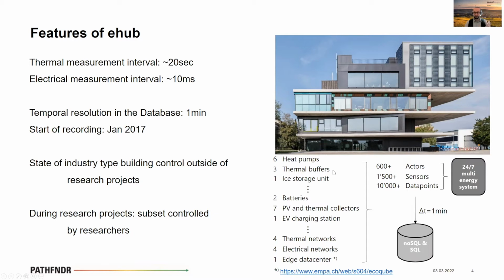Currently, there are a couple of thermal technologies, electrical technologies, also interlinking technologies in there, also networks, and the latest addition from the district energy components is an edge data center that we integrated thermally and electrically to see what role the increased role of edge computing potentially plays in a district by showcasing this in Nest. At the moment, we have around 10,000 data points that we store, and all of that results in a